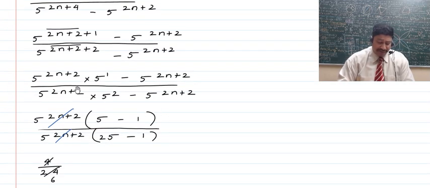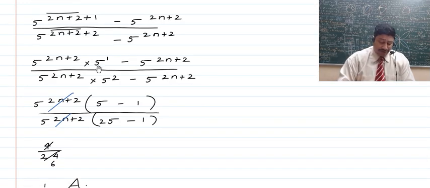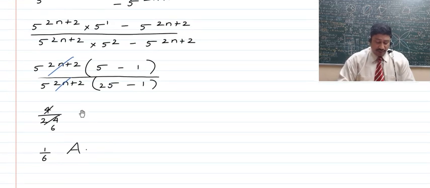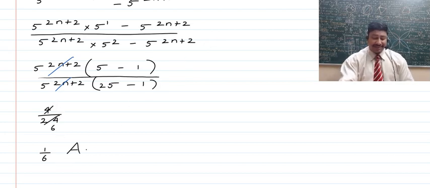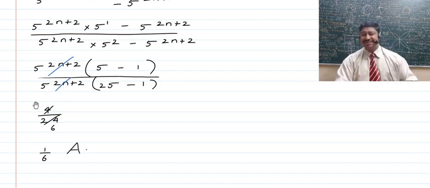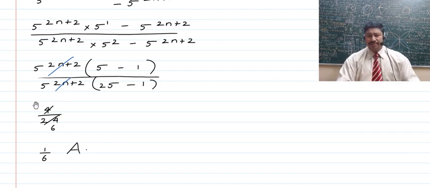Now children, further we can take 5 raised to the power 2n plus 2 as it is in multiplication common outside, and since it is in multiplication, we can cancel it off from the numerator and from the denominator. Now in the numerator, we are left out with 5 minus 1, and in the denominator we are left out with 5 square, that is 25 minus 1. So that will then become equal to 4 upon 24, where 4 will cancel 24 6 times, so 1 upon 6 will become the final answer. So are all of you people clear about this? For sure? Shyam? Good.